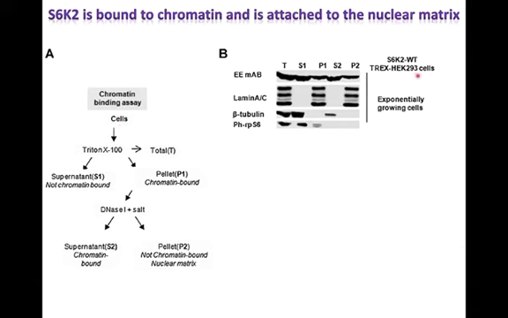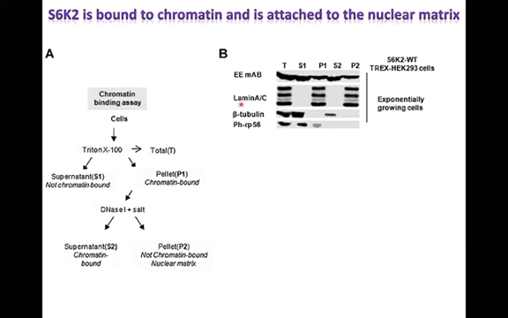It was a kind of stable cell line called T-Rex HEK293 cells. Actually, it's a kidney cell. So these kidney cells, we generated these stable cell lines to be constantly expressing high levels of S6K2 wild type. So when you do the fractionation, you need to detect if your fractionation